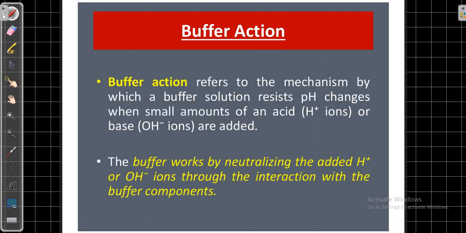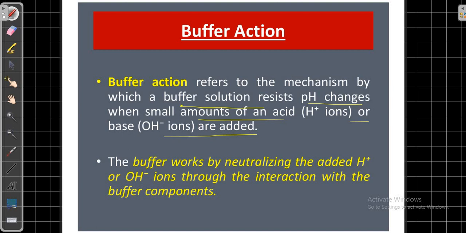The next is the buffer action. What is the buffer action? Buffer action means the mechanism by which a buffer solution resists pH changes when a small amount of an acid or base are added. Means ये वो मैकेनिज्म है जिससे कोई बफर, जब उनमें कोई एसिड या बेस डाला जाता है तो पीएच में आने वाले चेंज को रेजिस्ट करता है, तो उस एक्शन को, उस मैकेनिज्म को हम बफर